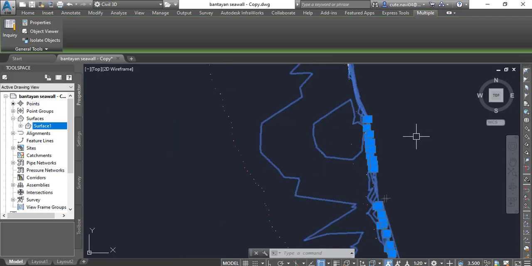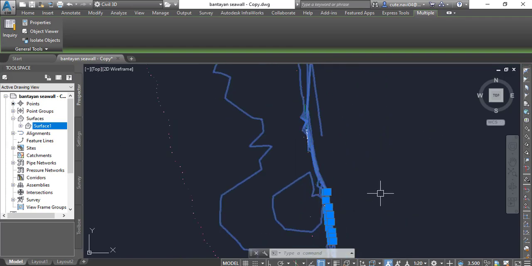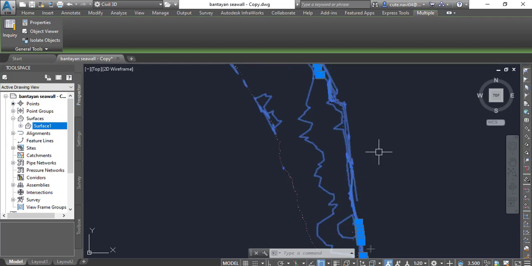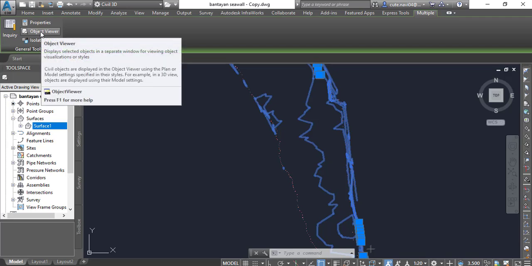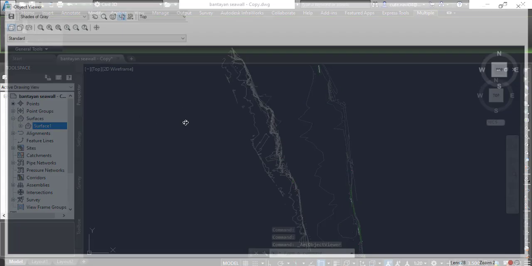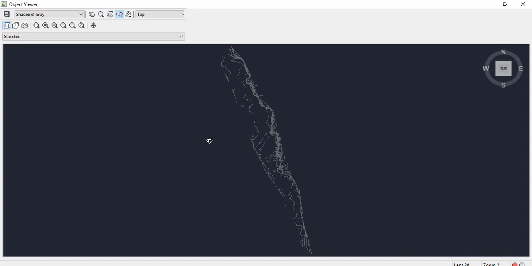Okay, so once we have all the features which we want to see in the Object Viewer, this option we will use many times in our grading to see our objects in 3D and manipulate them nicely to get a better design. So select Object Viewer. You will go into the 3D viewer. If you want to change something here,